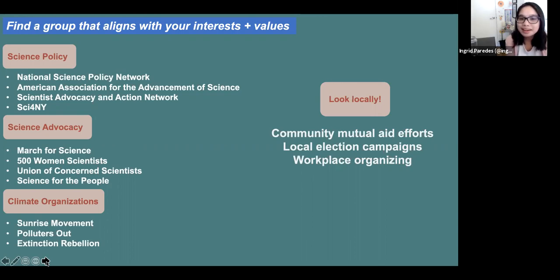And from there, it's a bit of an iterative process. But the important thing for me, thinking about the way my trajectory has gone, is that you don't need to have all the answers, which I think a lot of scientists feel compelled to, to be an expert in the field before we open our mouths. But as grad students, we know that there are a lot of unanswered questions, and the same goes for when you're getting involved with building your voice. It's a bit of an experiment, and it'll be a feedback loop over time.